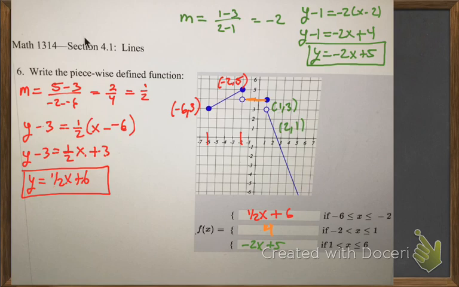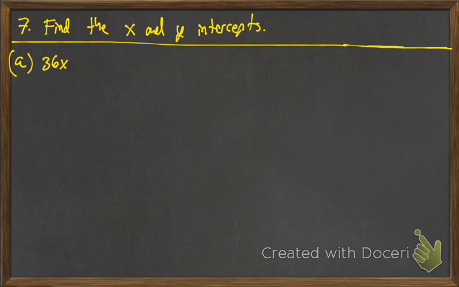Okay, so the last thing we're going to look at is we're going to be switching gears a little bit, a little bit of review of finding x and y intercepts, and we're going to look at 2 different equations here. So one of them is probably going to be an ellipse, but we don't necessarily know that at this point in time. But anyways, we're going to find the x and y intercepts of 36x squared plus 25y squared is equal to